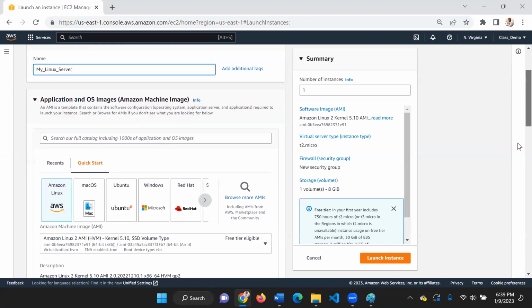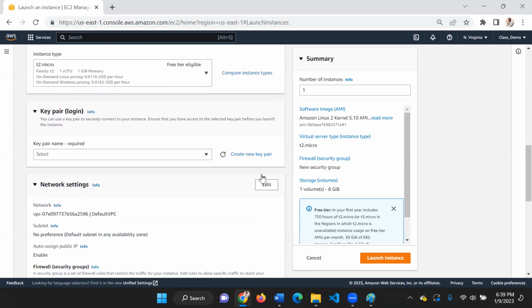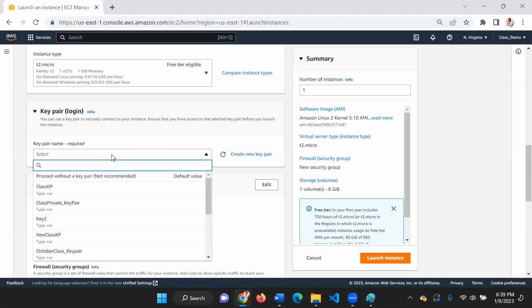And then the next thing you want to do is provide a key pair. Now, you don't have to be creating a key pair every time you set up an EC2. It'll be so much work for you. So you can use the same key pair that you already created, that you have, to work forever, like I'm going to do. So I'm going to come here and I say, of all of these key pairs that I have, the one that I want to use to assign to this instance is the one called,